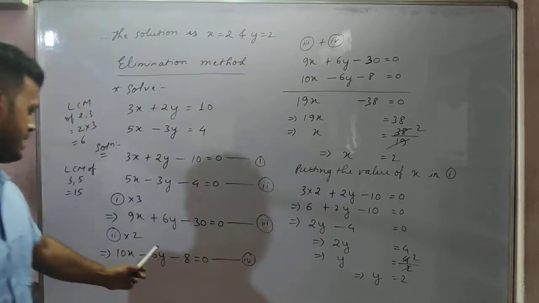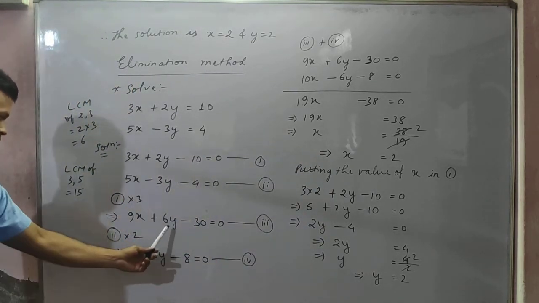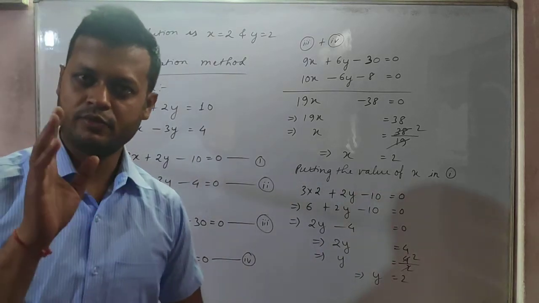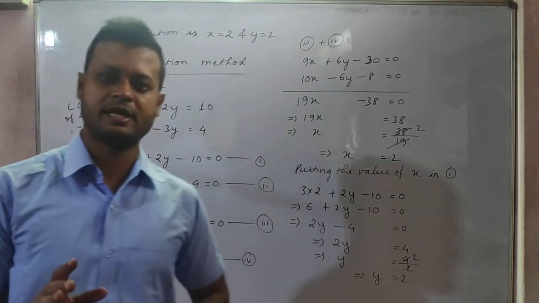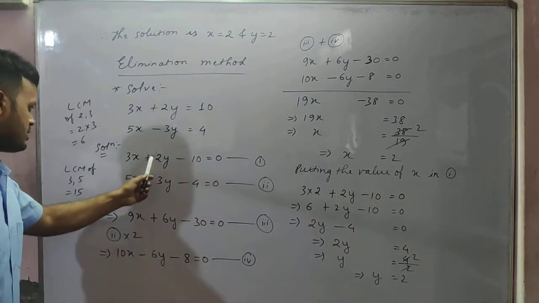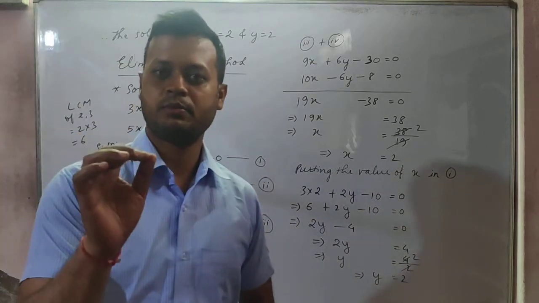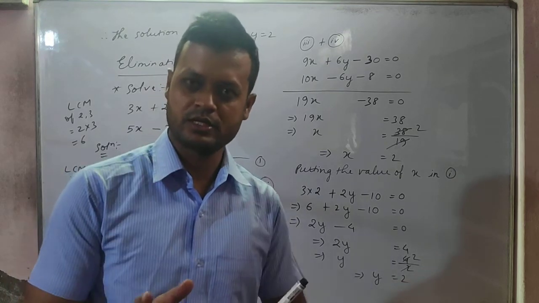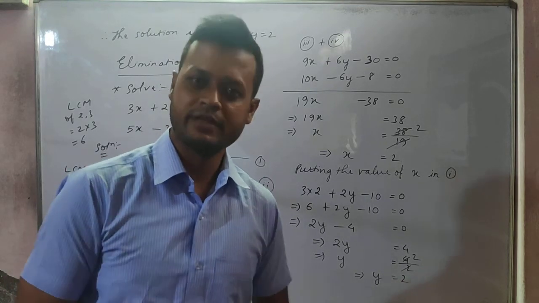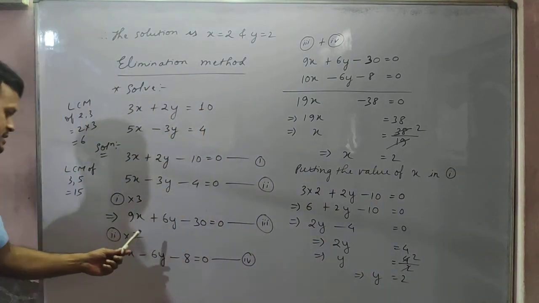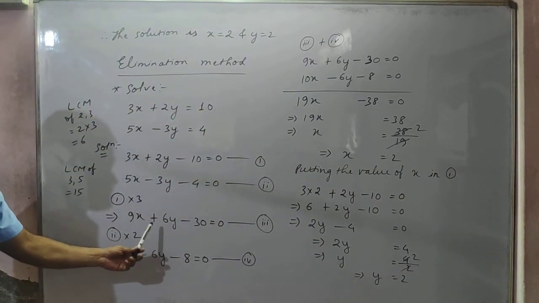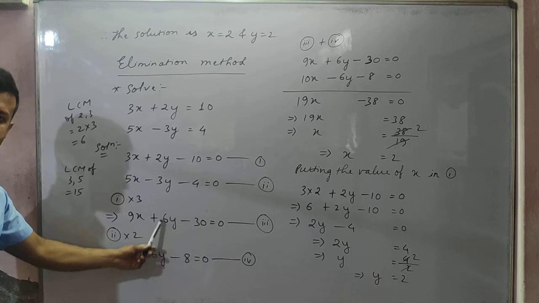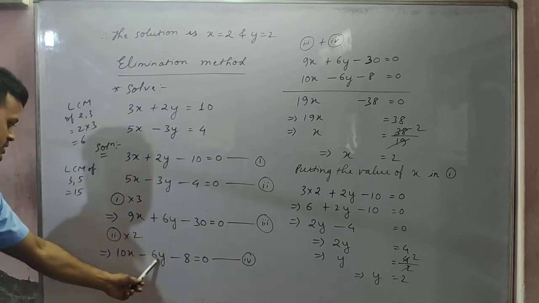Marking number 4. Now here, before 6y, what sign is there? Plus sign. Before one 6y plus sign and before the other 6y minus sign. So the signs are opposite. If you remember what I said before, you must observe in both the equations which variable you want to eliminate. Here I want to eliminate y. First you have to see both the equations, then decide which variable you want to eliminate. Here we are eliminating this y, 6y and 6y. Before this 6y plus sign is there, before this 6y minus sign is there.